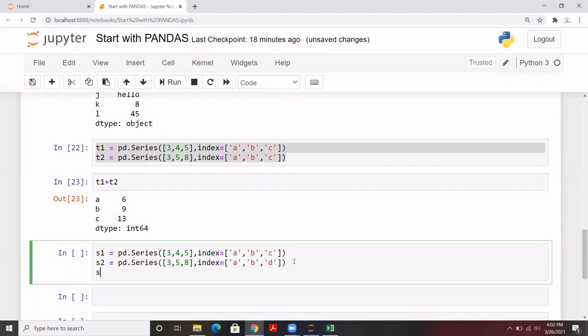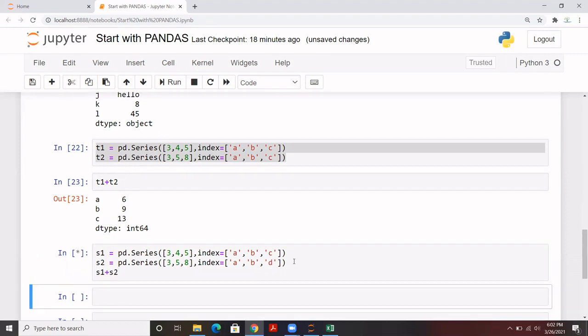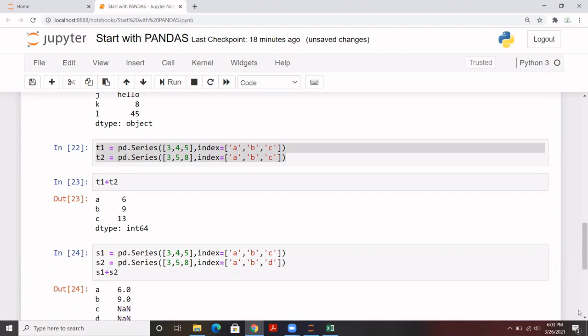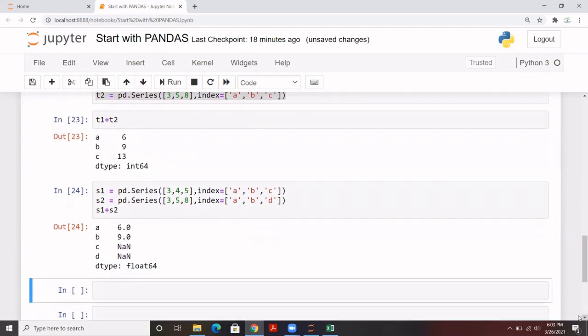Now I want to perform certain operation on this. And you notice that where we have the same index, the operation has been performed. But if we do have a different index, then it gives us a nan value. Nan is basically the missing records, not a number. We call it in NumPy. I believe you all are aware of this term. So while performing certain operation on two series, we should be very careful that index should be similar. If we do not have similar index, it will not perform any operation on any two or three series. So this should be very clear to you.